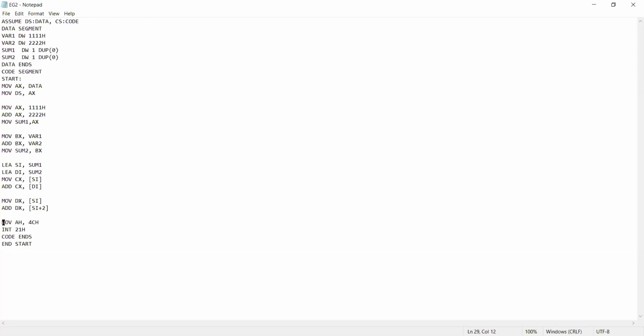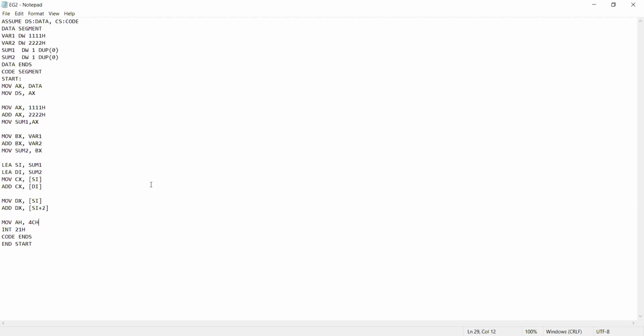Next, the last 2 statements are to exit from the given code. Sir, I have a doubt as well. Yes, go ahead. Sir, in sum1 DW 1 dup 0, what is this 1 doing there? DW 1 dup means sum1 is a variable of type word. How many such things are there? Only one.